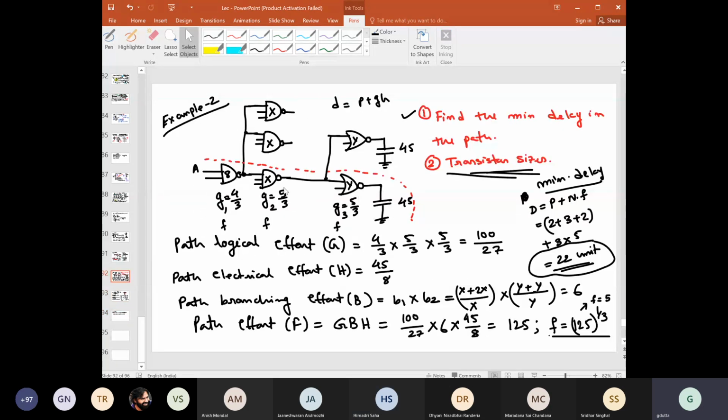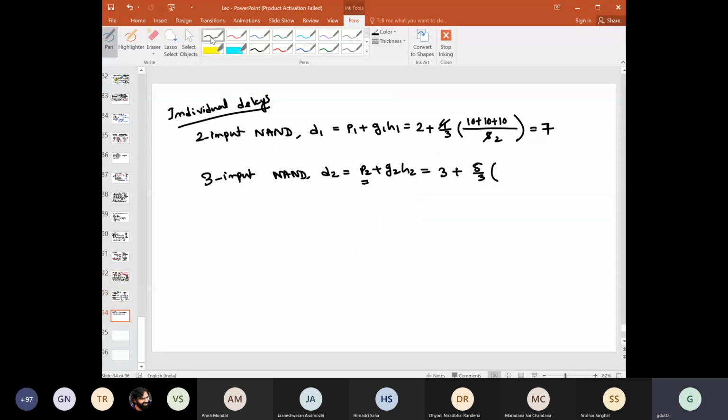What would be the value of this H? Now for that we have to go here. What is the value of H? It is Y plus Y by X. Right? Y plus Y by X. So the Y value is how much? 15. 15 plus 15 by H. Right? So basically it is 30. So it is 3, 3, 3 plus 2, so it is 8. Right.